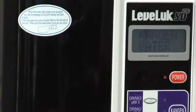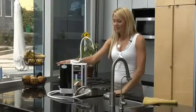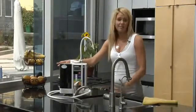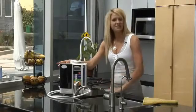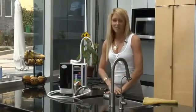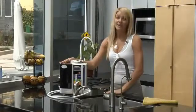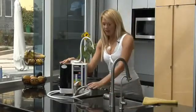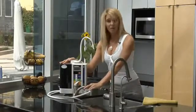Okay, so now I'm going to show you the power of the SD501 and how it works. Basically, this hooks up anywhere that you can find a faucet, okay? It comes with different adapters, and we travel with our unit. We take it everywhere we go, and we've been able to hook it up just about anywhere, okay? So after you hook it up, there's a diverter on it, so you can continue making tap water in 2